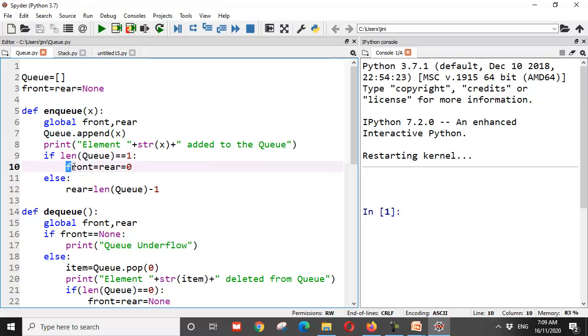And therefore I wrote front = rear = 0, which means if you have added only one element, then front and rear refer to the same element. But if you're adding the second element, the third element, the fourth element, the 100th element, then front doesn't change. Front always refers to index location 0, but rear refers to what? The length of the queue, the number of elements in the queue, minus 1.